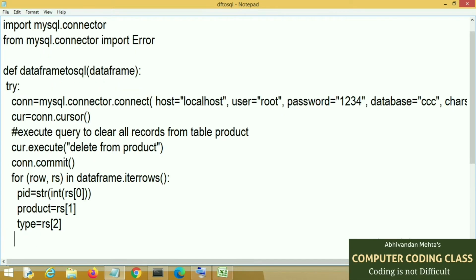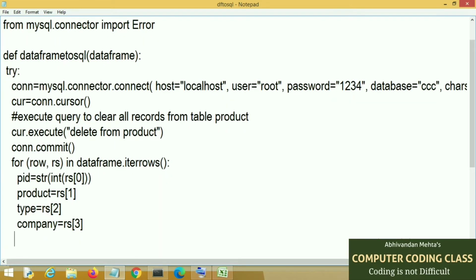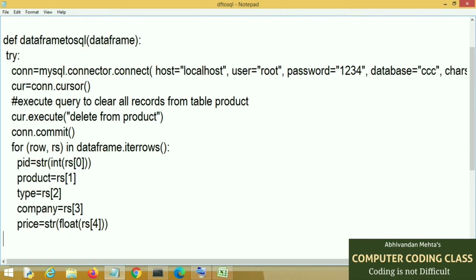Here RS is a series, and PID, product ID, name, type, company, price are the columns that are called fields of our table. That starts from the first column, meaning column 0.